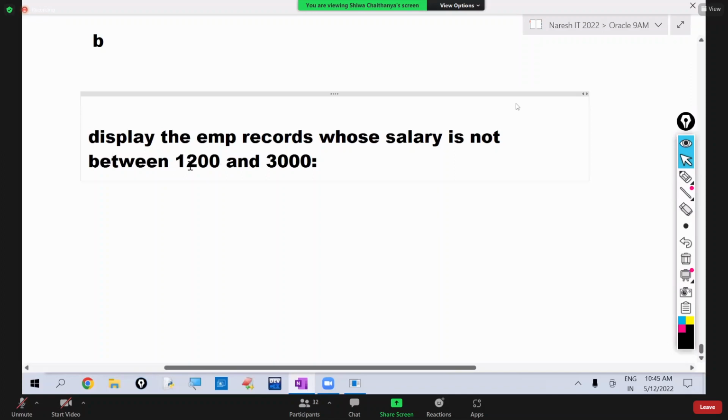If the employee salary is greater than 3,000, we want to get the data. What do we write? Select star from EMP where salary not between 1,200 and 3,000. So the employees whose salary is not between 1,200 and 3,000, it will display now. Observe here, these employees